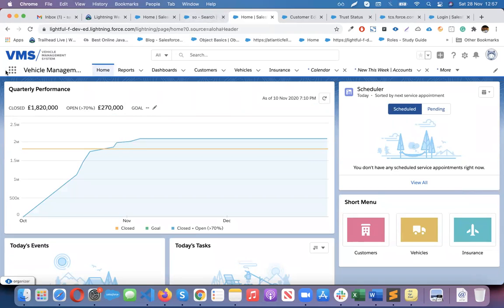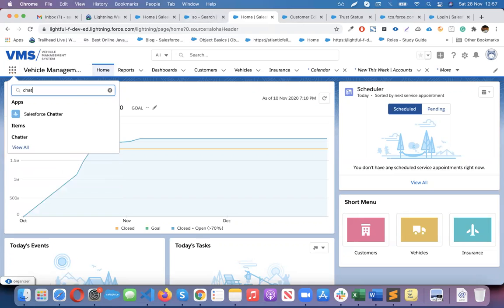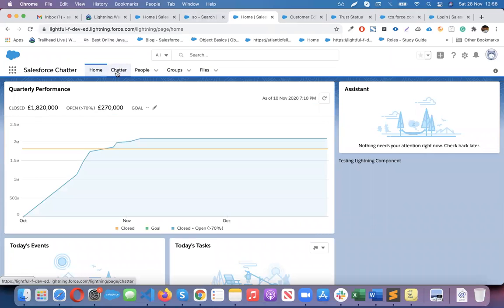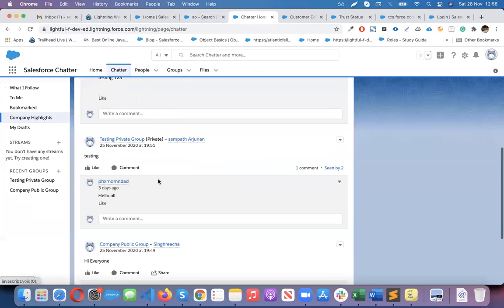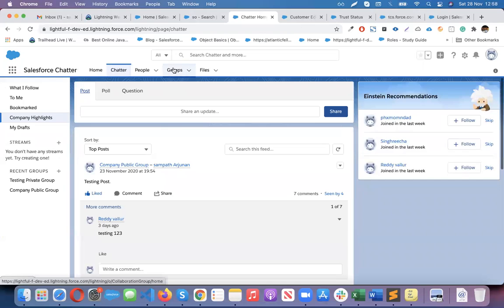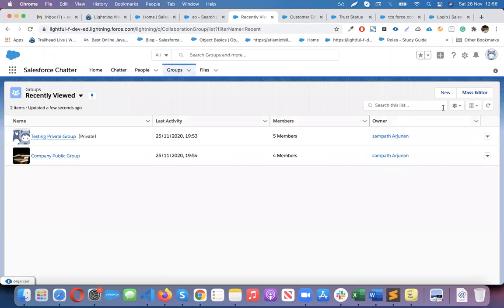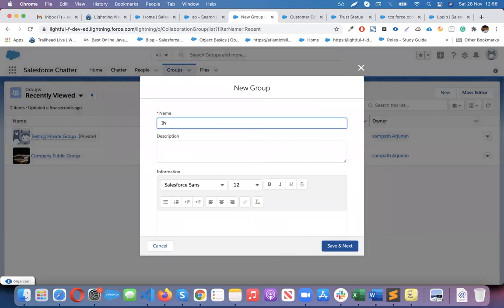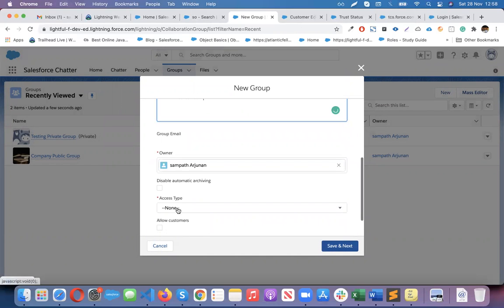So quickly I will show you that. We even have a separate application, Chatter. So click on Chatter, and here you can see the latest posts. And also if you go to groups, you can create a new group. So let's say India sales team. See, this is the access type. Disable automatic archiving. So after 90 days,